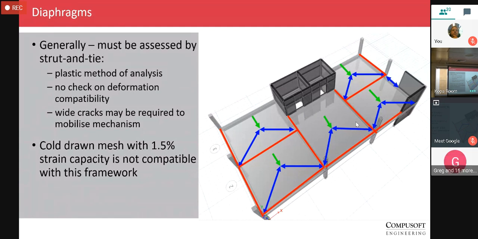And that's all good, but we have to remember that strut and tie is a plastic method of analysis, and there's no checks on deformation compatibility when you're doing it. So you postulate a mechanism and say, well, I'm going to have some forces running to here and here and have some reinforcement running across this point. You never check what the strain in the reinforcement is, and the method basically doesn't give you a way to do that. And so to actually mobilize these mechanisms, you could end up with some pretty wide cracks in locations that you really don't know, and certainly don't check what the crack widths are during the process